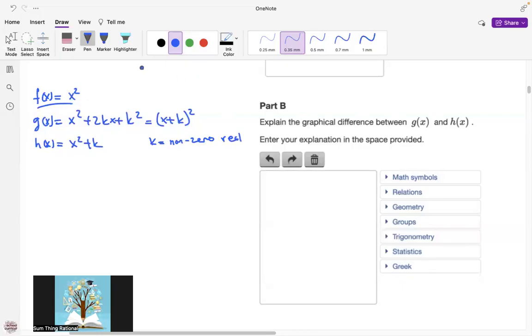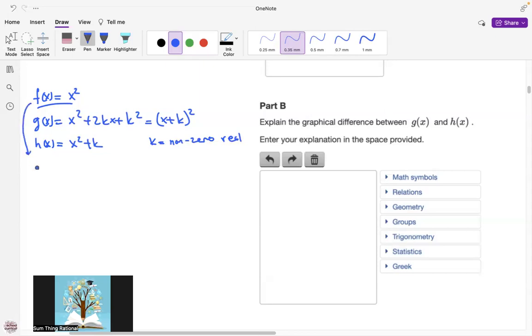So in part B, it says to explain the graphical difference between g of x and h of x. This is a kind of transformation question. When we move x squared towards the left side or right side, or when we move x squared upward or downward, we will obtain either g of x or h of x. As you know,